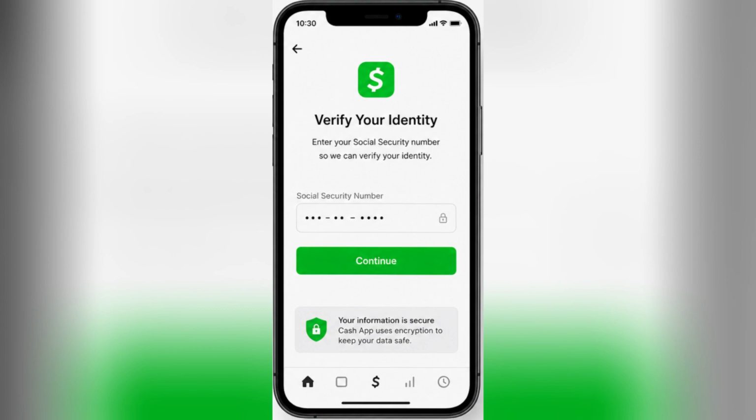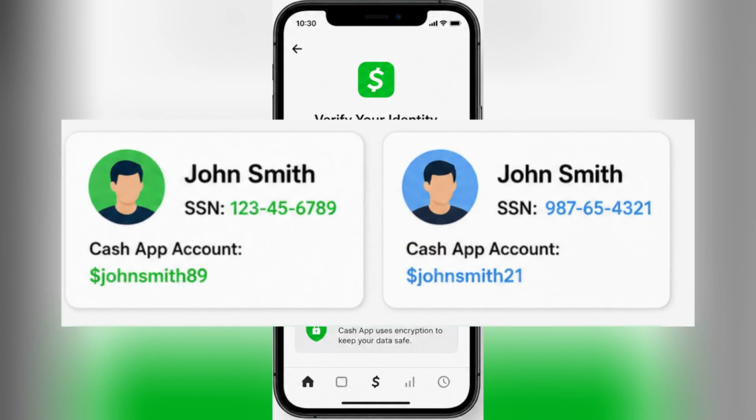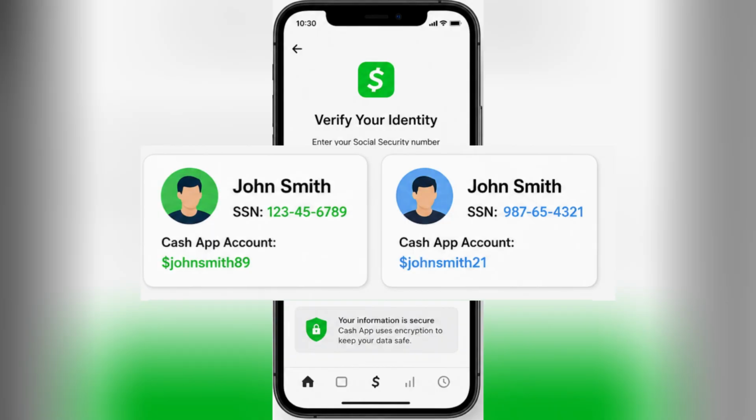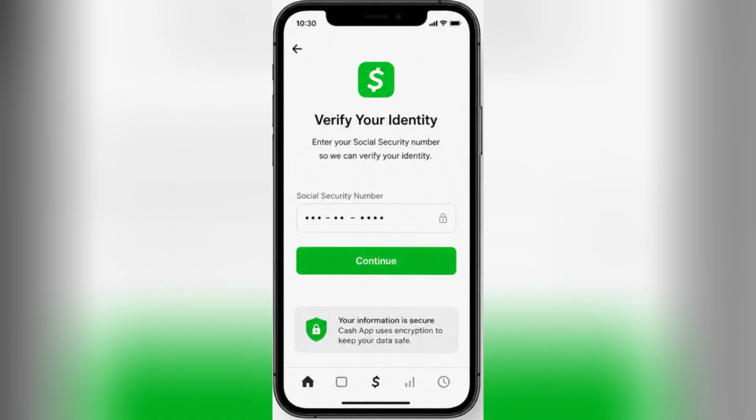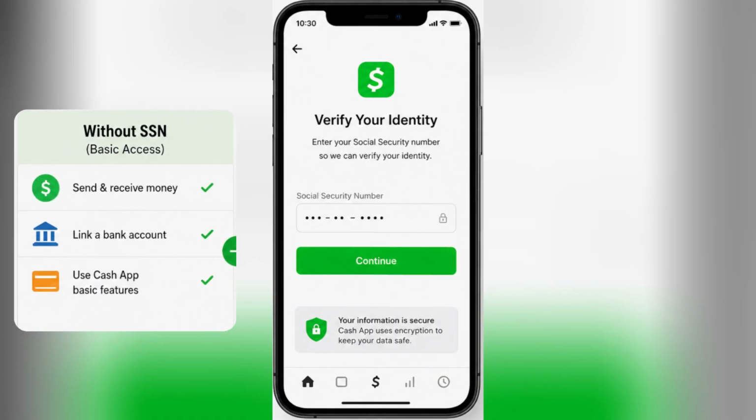Your social security number also helps Cash App separate users who may have similar names. For example, two people can have the same first and last name, but the SSN helps identify the correct account owner. In many cases, you may be able to use some basic Cash App features without entering your social security